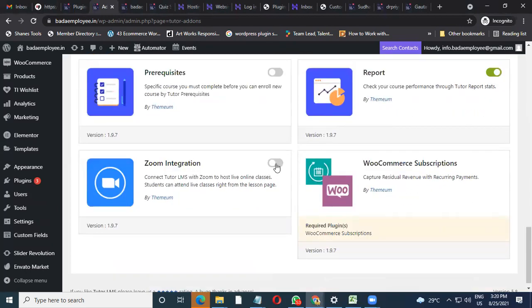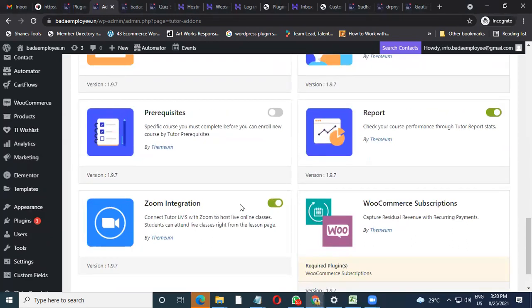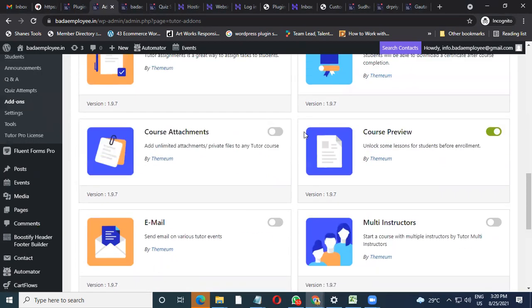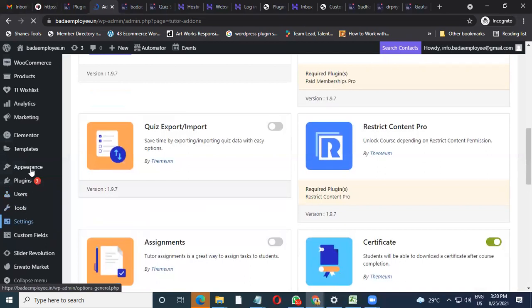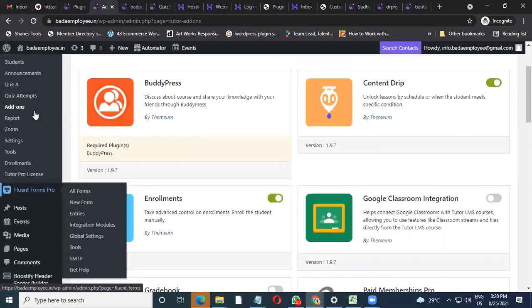So, report, yeah, we do want reports, so we are going to keep it on. Now this is Zoom integration, we can activate it, and I'll show you how this also works with your Zoom. So in case you have your Zoom account, if you don't have, or if you want to conduct a workshop, you need to have Zoom. I will suggest go with Zoom only. Okay, so we are activating this. As we have activated most of this thing, if I refresh this page, I'll be able to show you here all those options will get activated.